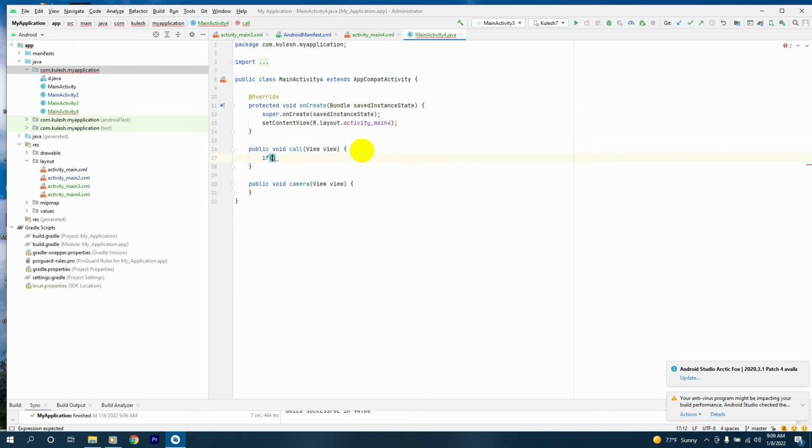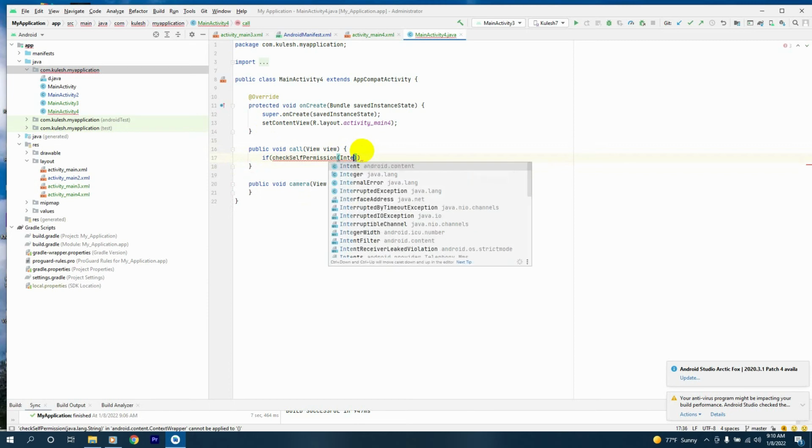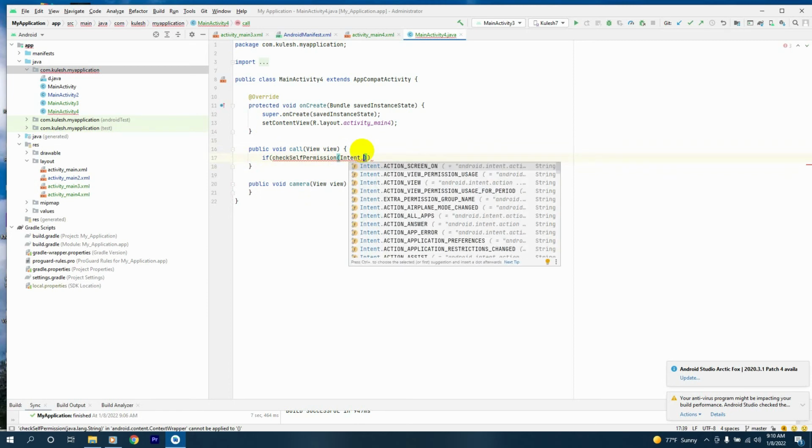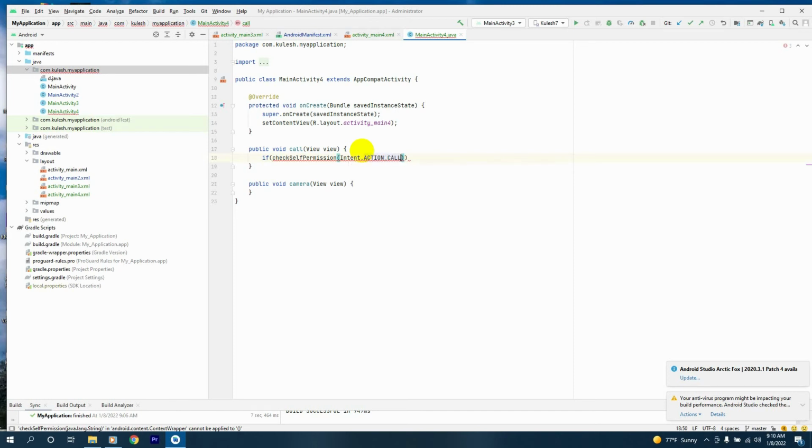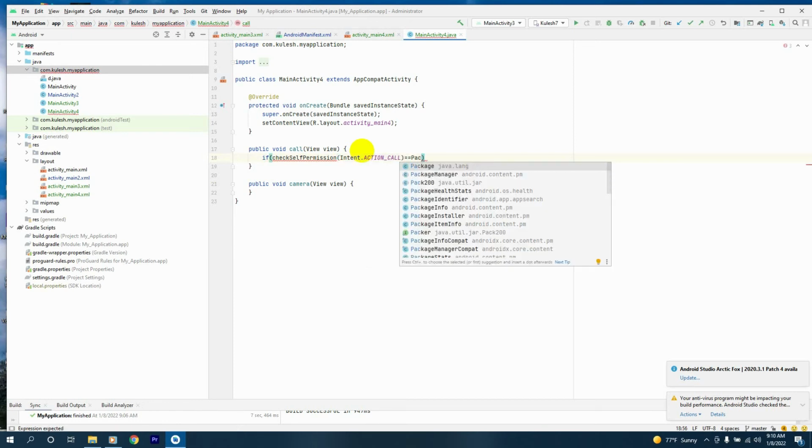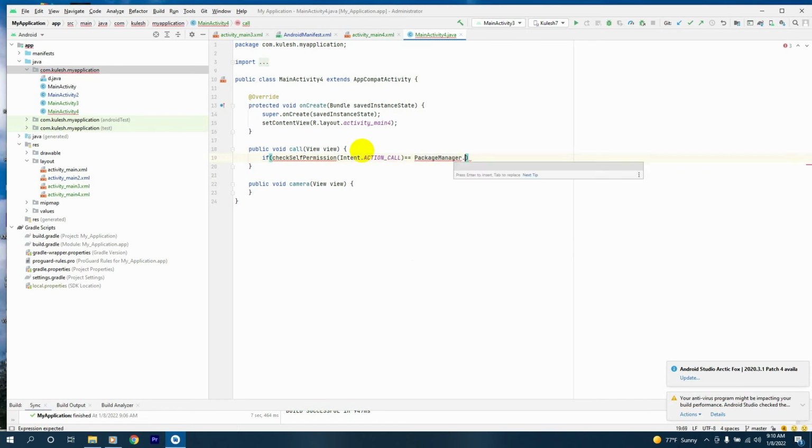If check self permission, Intent.ACTION_CALL, and we'll check if it's equal to PackageManager.PERMISSION_GRANTED,